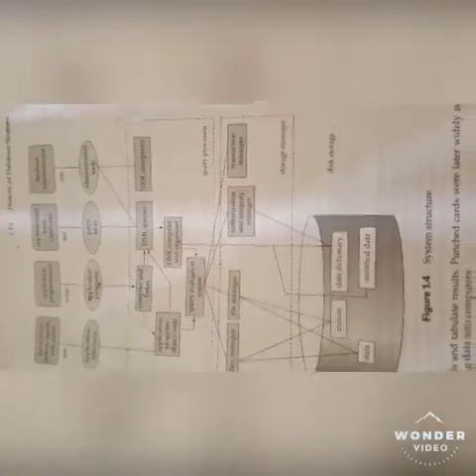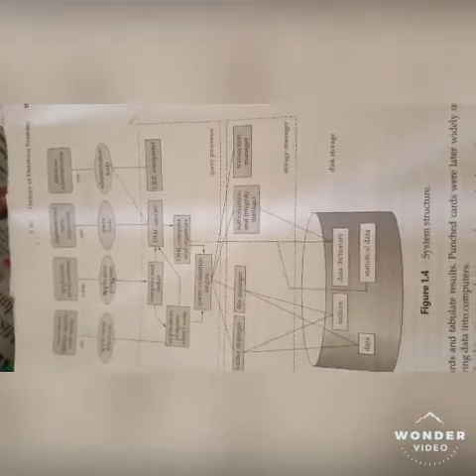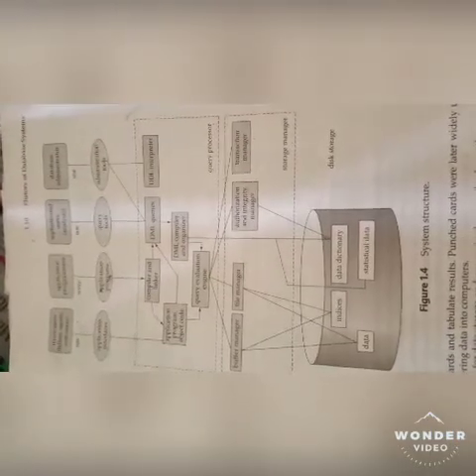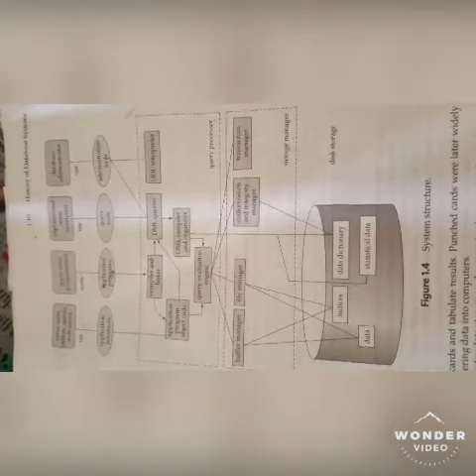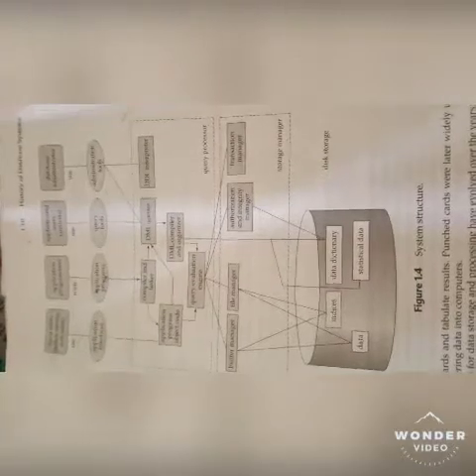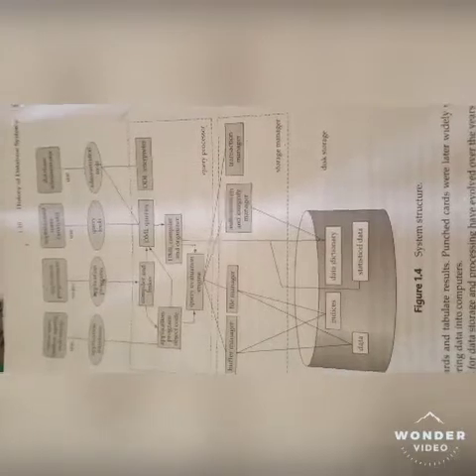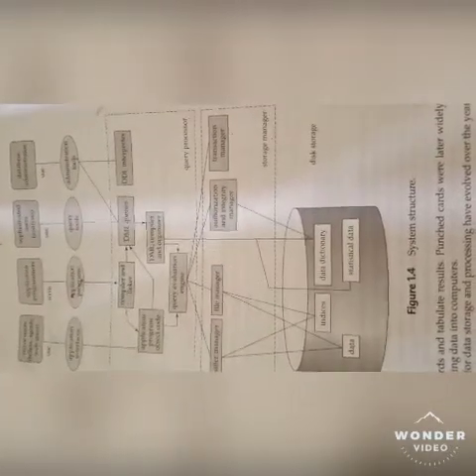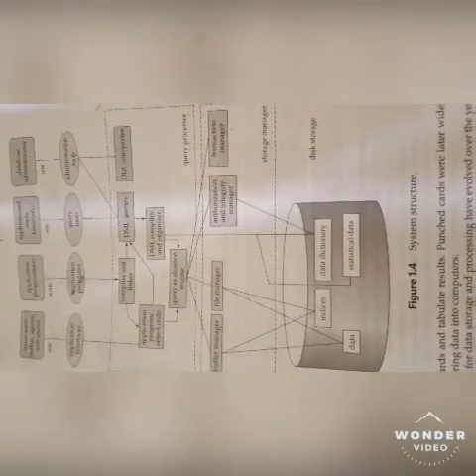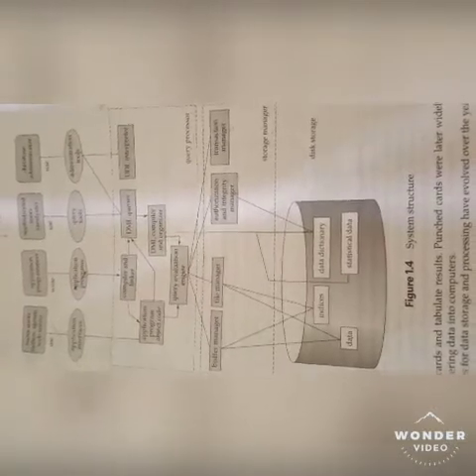Then the second part is query processor. So the users interact with the database management system with the help of query processor. Then query processor is interconnected to the storage manager, which is the logical storage. Then this logical storage is connected to the physical storage, that is the disk storage, which is the 4th section of the system structure. In the query processor, the components are DML queries, DDL interpreter, compiler and linker, DML compiler and generator, application program object code, query evaluation engine.